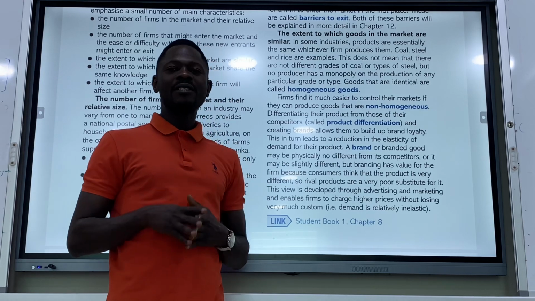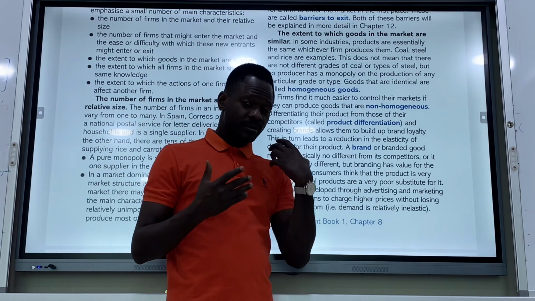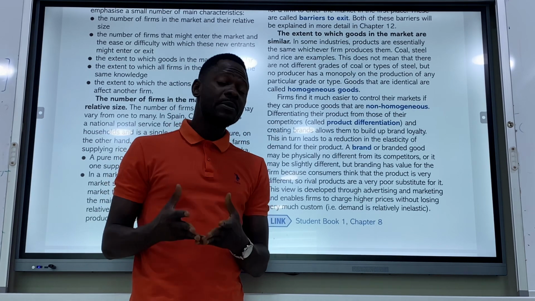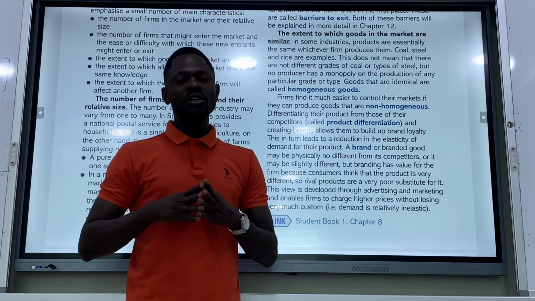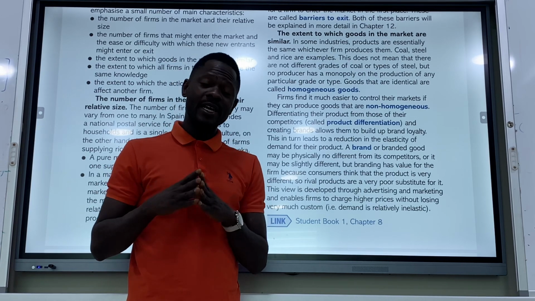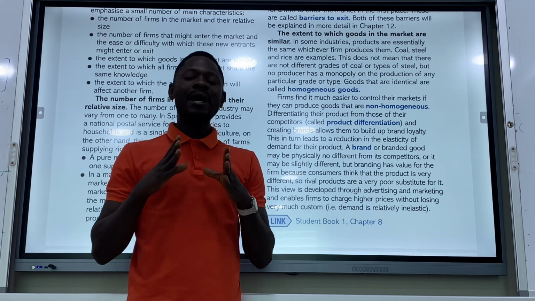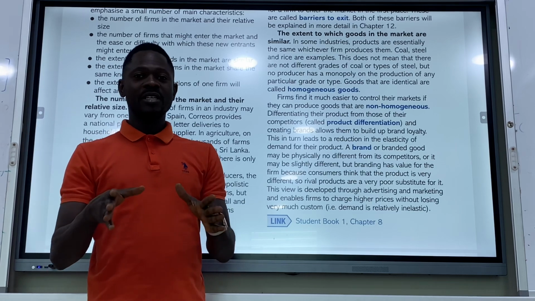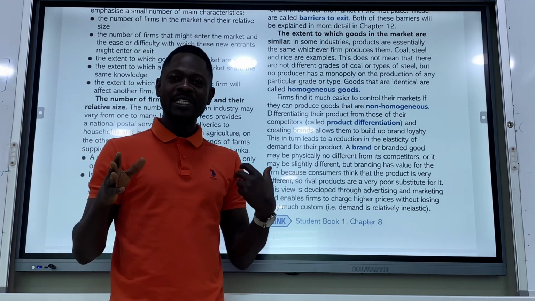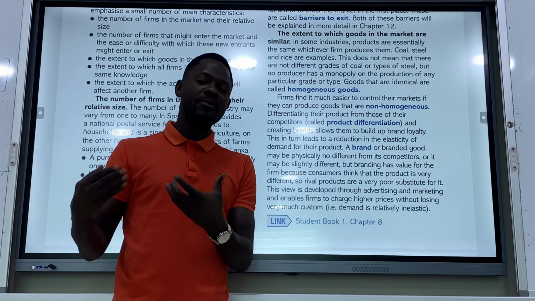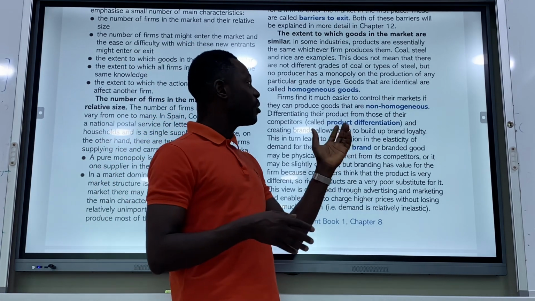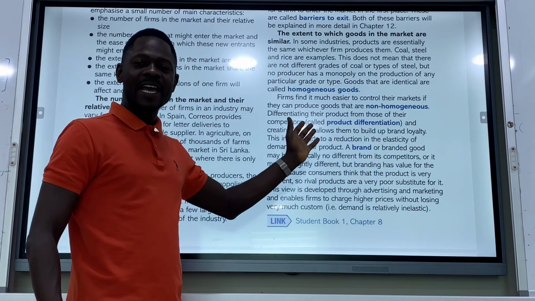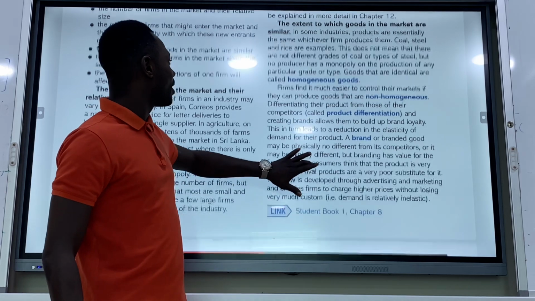So the third characteristic of a market structure is the kind of goods being produced. Are they similar goods, which are homogeneous, or not? If they are homogeneous goods, it means in this market no firm has the capacity or the audacity to stop another from producing. That is what it means. But you will be able to differentiate your product in this market because each firm will have its own brand. So in such an industry, they use product differentiation because the competition is high. So it's more of a perfect competition.